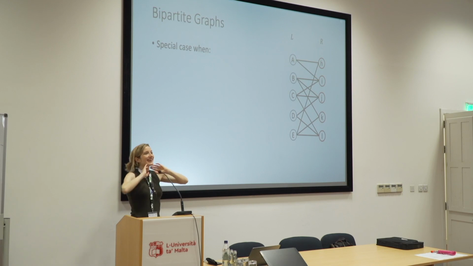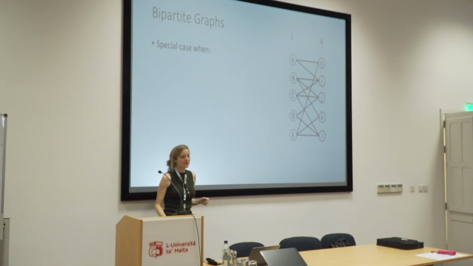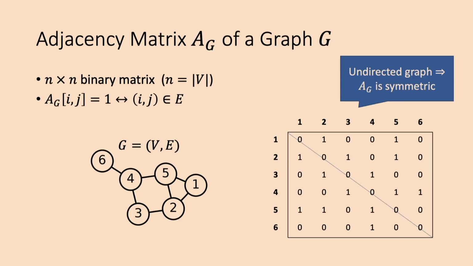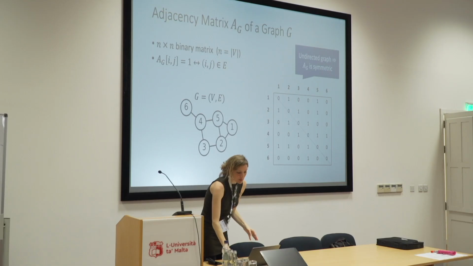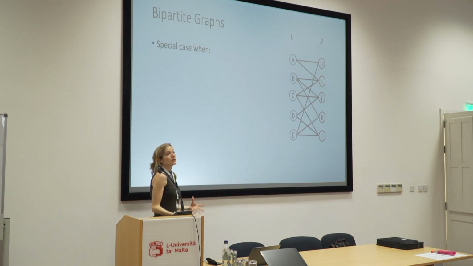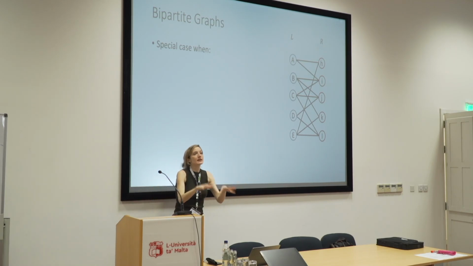Okay, one more thing before we get to the juicy stuff. Another kind of terminology I want to introduce. So this is a special type of graph that we call bipartite graphs. In contrast to these general graphs, which can look like whatever, where some things can be connected, anything could potentially be connected to anything else,